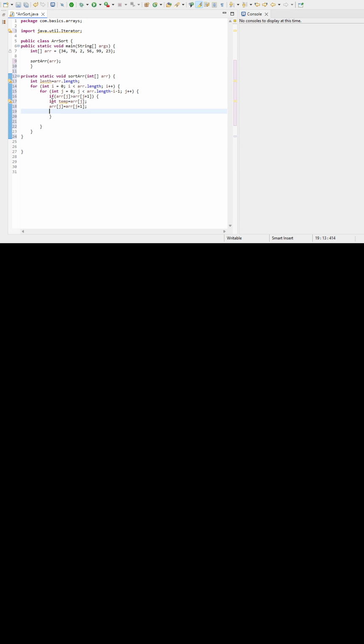we will set arr of j plus 1 equals to temp. So the element at arr of j plus 1 will be the temp variable. So now